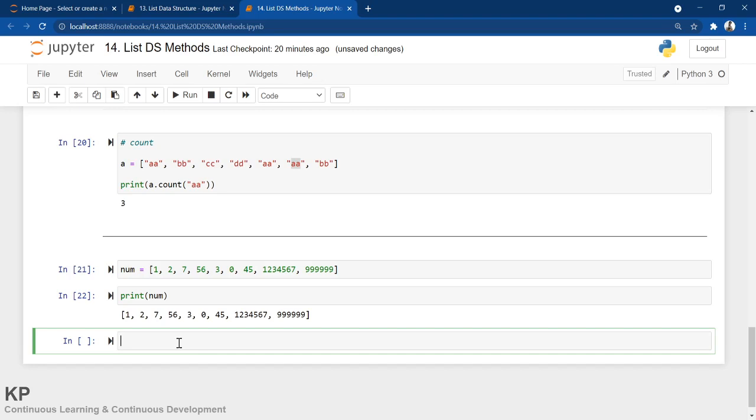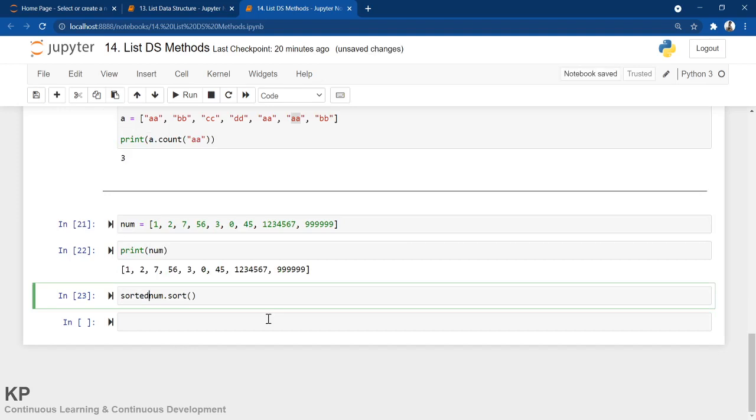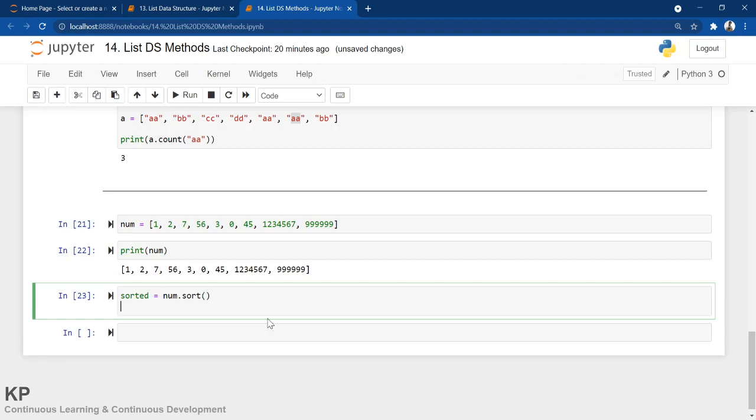How to do it? num.sort(). Now let me store it in sorted equals to num.sort(), and now if I print sorted num,